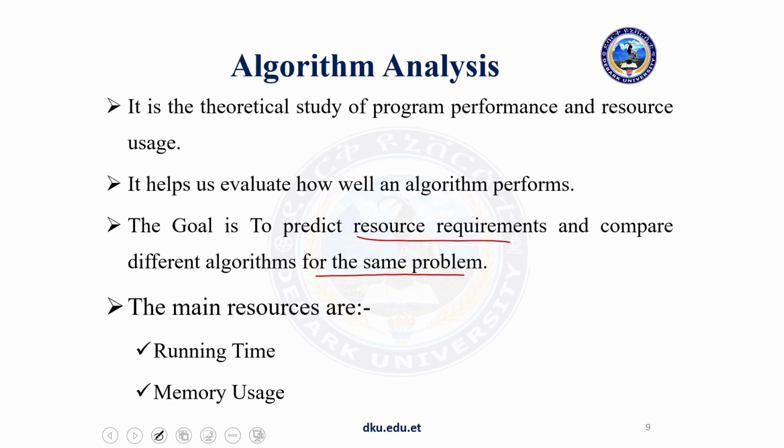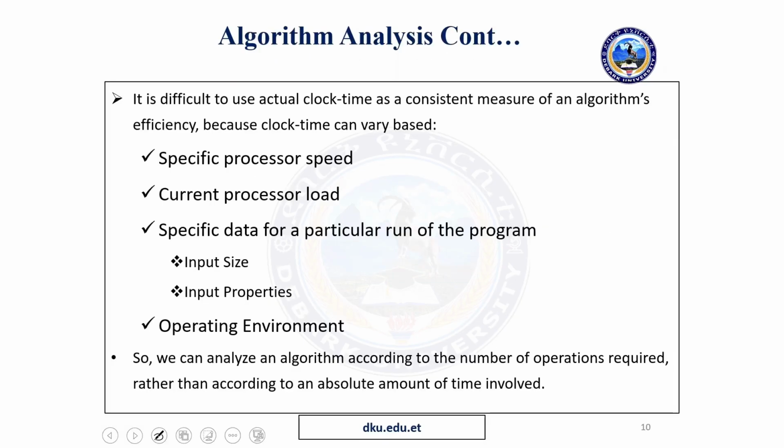Basically, there are different resources we should consider while analyzing the algorithm. The main resources are running time and memory usage of the algorithm. Okay, so to check the running time of an algorithm, we couldn't use the actual clock time because actual clock time can vary based on different